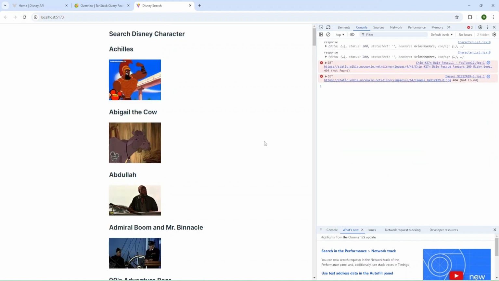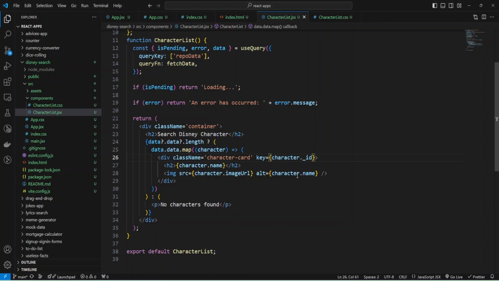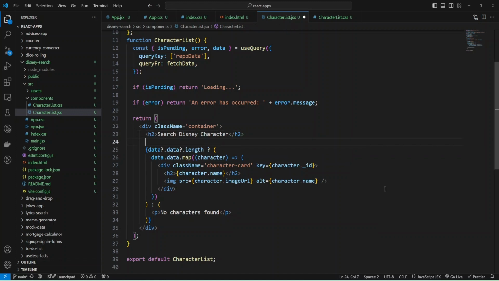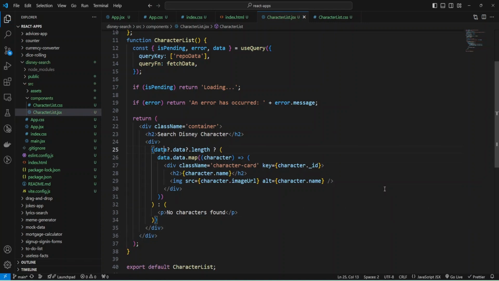Okay, and we don't have this warning, and let's add styles to make more characters in one row. And for that, probably I need some div, and this div will be the container for my characters, and I need to provide a className.